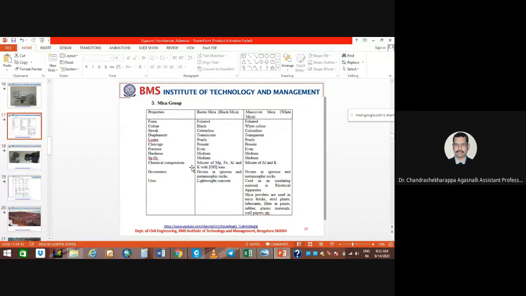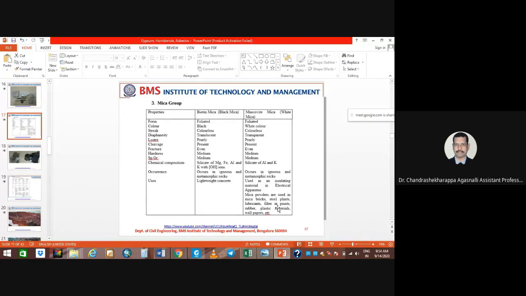Okay, and the same thing for another type of mica. This is muscovite mica. It occurs in igneous and metamorphic rocks. You can see it is rich in silicate of alumina and potassium. And mica powders are used in mica bricks, steel plants, lubricants,